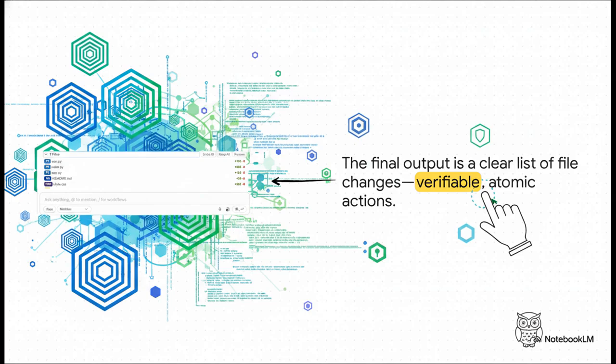And here's the end result. It's not some black box that just magically changes your code behind your back. The output is a super clean list of all the file changes, just like a commit diff or a pull request you'd get from a human developer. You can see every single line that was added or removed, which gives you full control to review it, accept it, or reject the work.